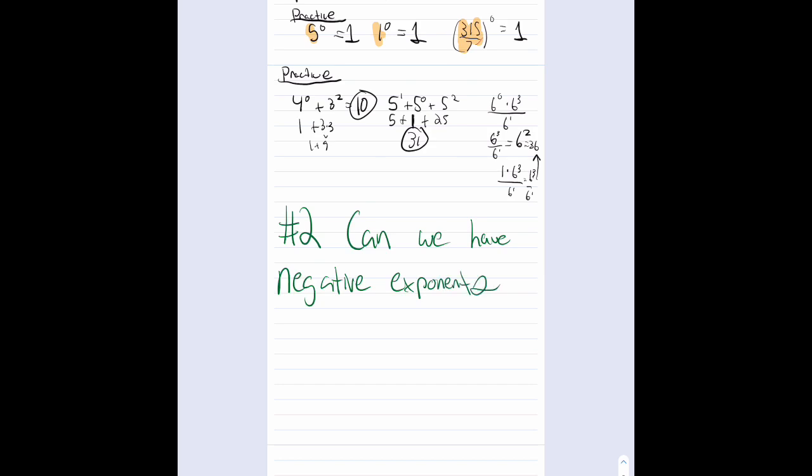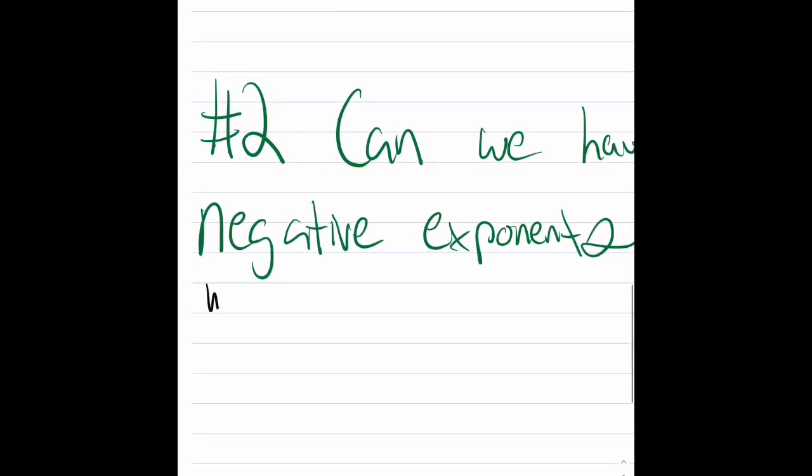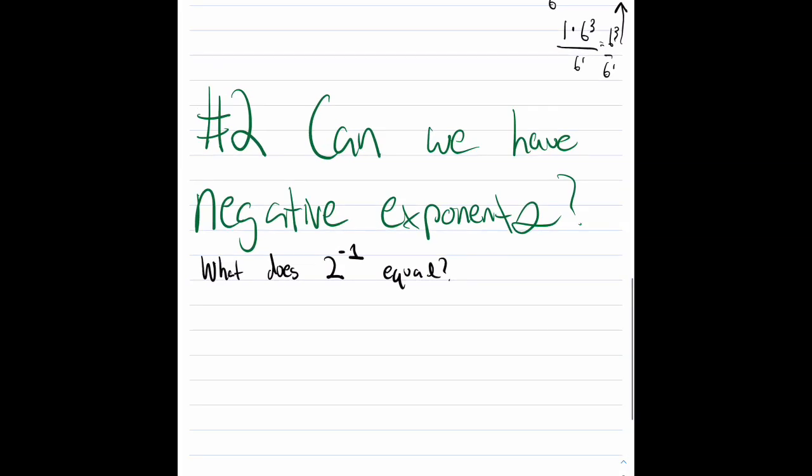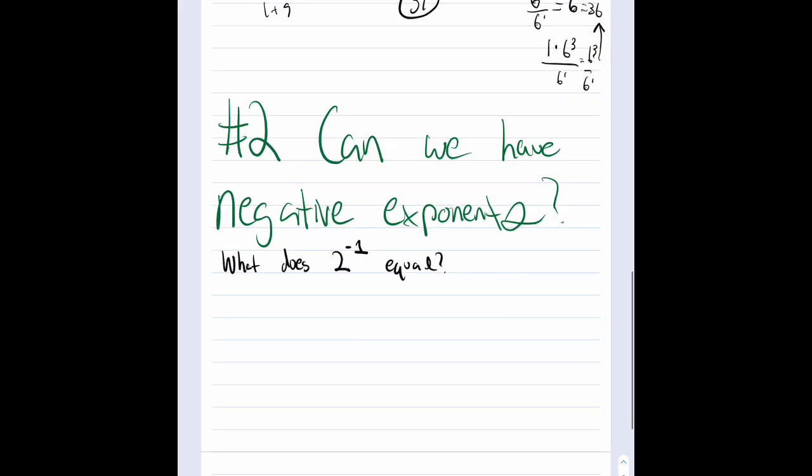Can we have negative exponents? For example, what does 2 to the negative 1 equal? What does 2 to the negative 1 equal? Now, there is an interesting proof that goes along with it. Basically, it's saying